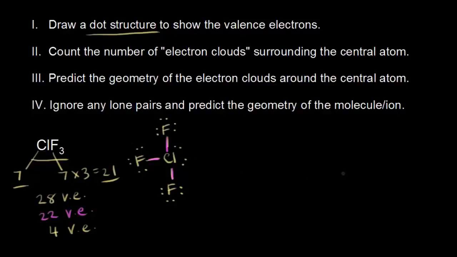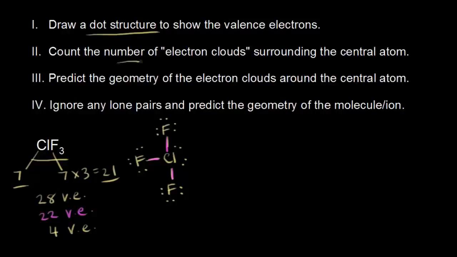In terms of looking at the dot structure and thinking about chlorine there, it actually is exceeding the octet rule. And that's okay for chlorine to exceed the octet rule because of its position in the third period on the periodic table. I like to think about formal charge. So if you actually assign a formal charge to that chlorine, you'll see it has a formal charge of 0, which to me just helps me understand these dot structures a little bit more. And so we've drawn a dot structure that makes sense,